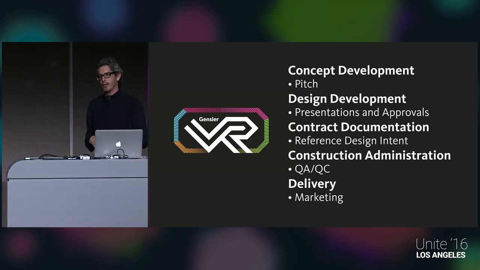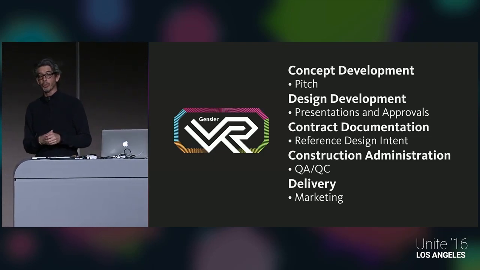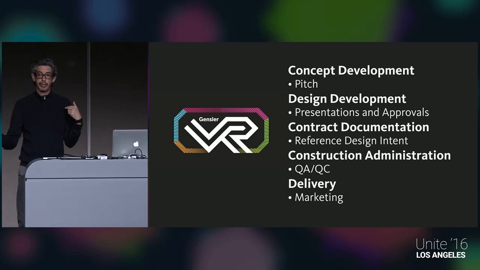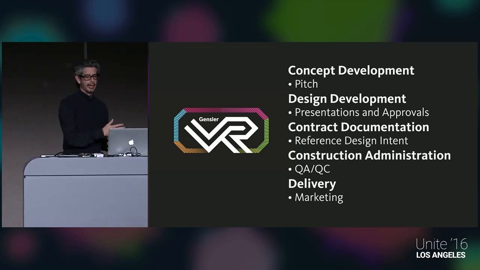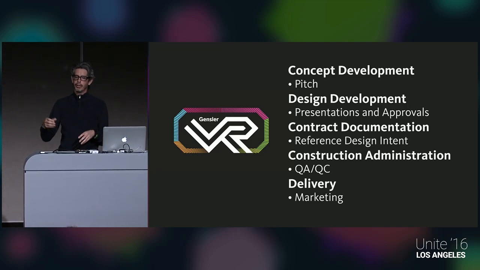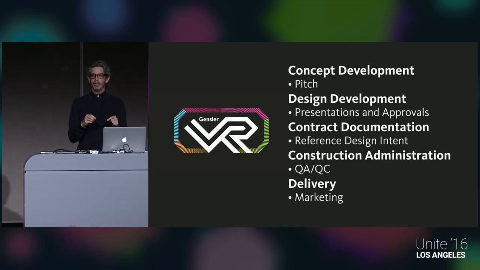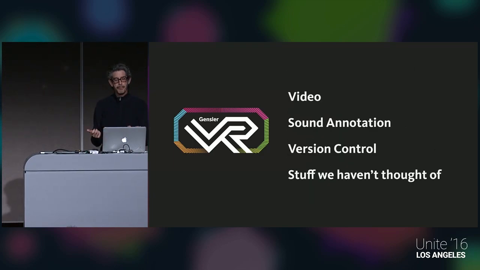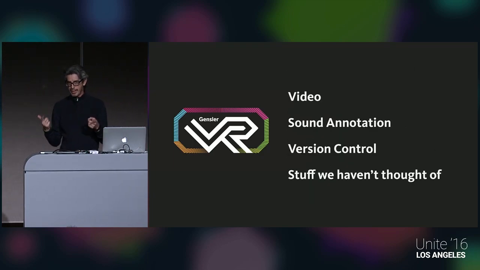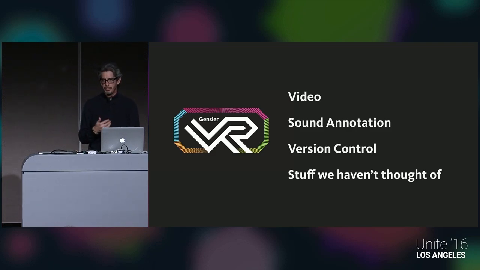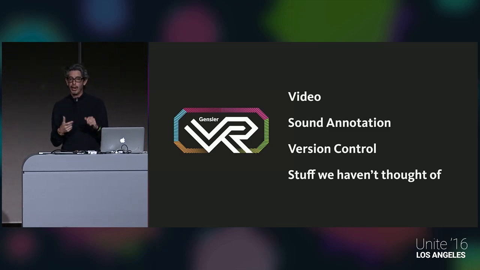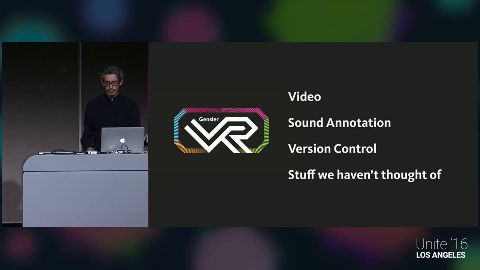And then beyond that, our clients take that app and say, hey, would you guys like to rent at this new building that we built, and check out how beautiful it is. So we've created a whole parallel VR version of our design process. And it's been great. What's best about it is that it's our own platform. We're not buying into a third party. We developed it ourselves. We continue to develop it ourselves. We're adding video. We're adding sound annotation. We control the versions, and we can add stuff that we haven't thought of yet.